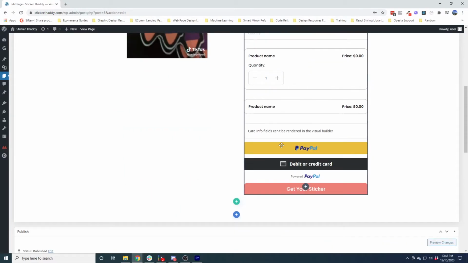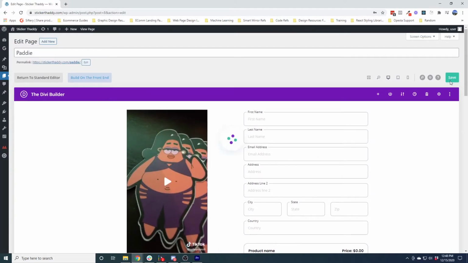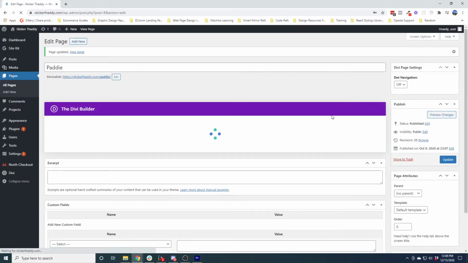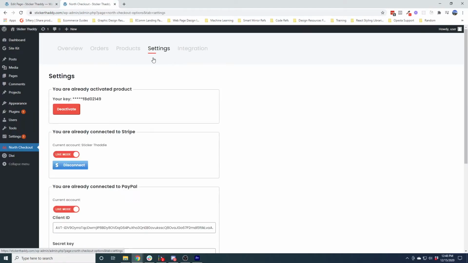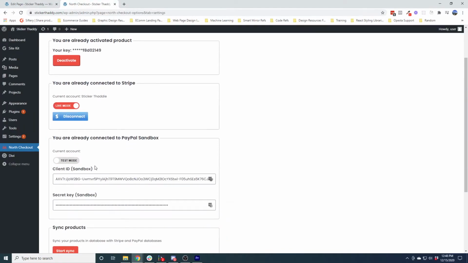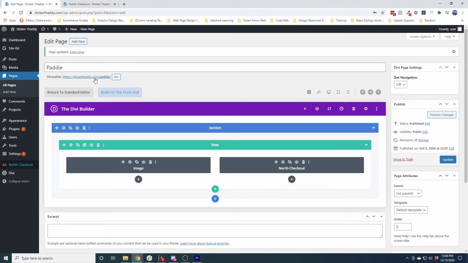So I've added PayPal to this form. So now what we can do is we can test it. So what I'll do is I'll just double check that I have test mode activated. So I'm going to go back to test mode, save those settings. And then now I'm going to open up in a new tab